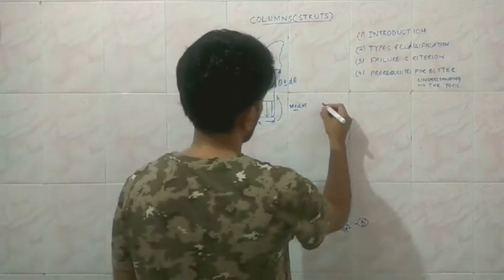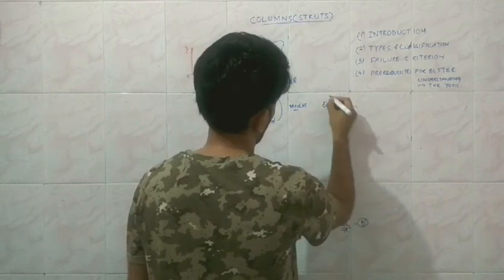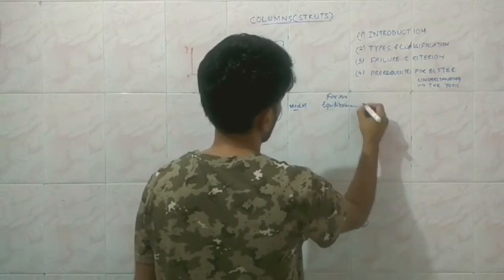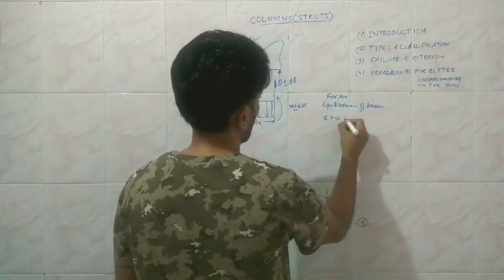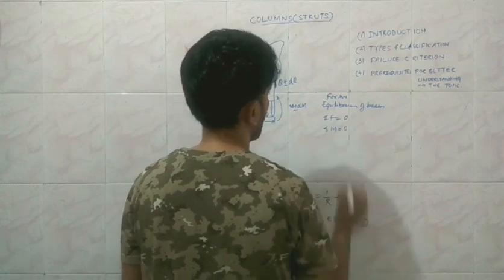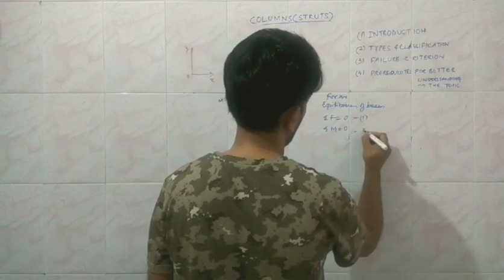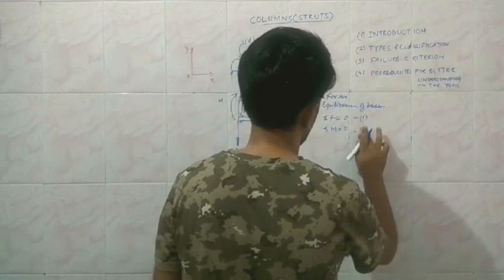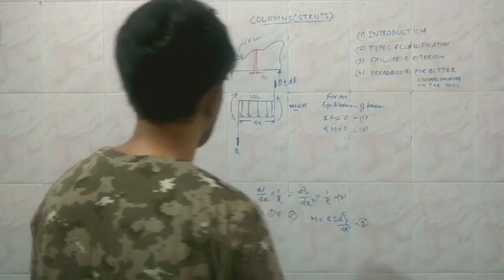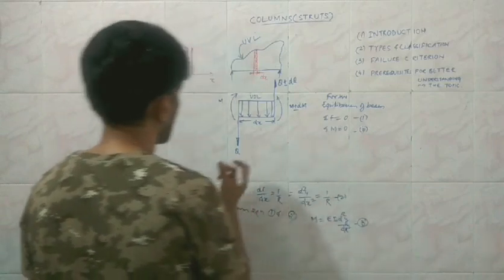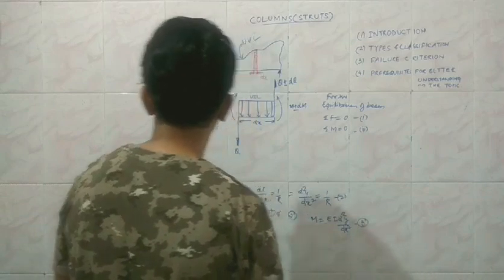Now consider the equilibrium condition. For the equilibrium of the beam, the algebraic sum of the forces must be equal to 0, and the algebraic sum of the moments must be equal to 0. Say we are considering equation 1 first, and this is equation 2, because we have already chosen 1 and 2. So the algebraic sum of the forces must be equal to 0, and there must be a sign convention, and the sign convention is